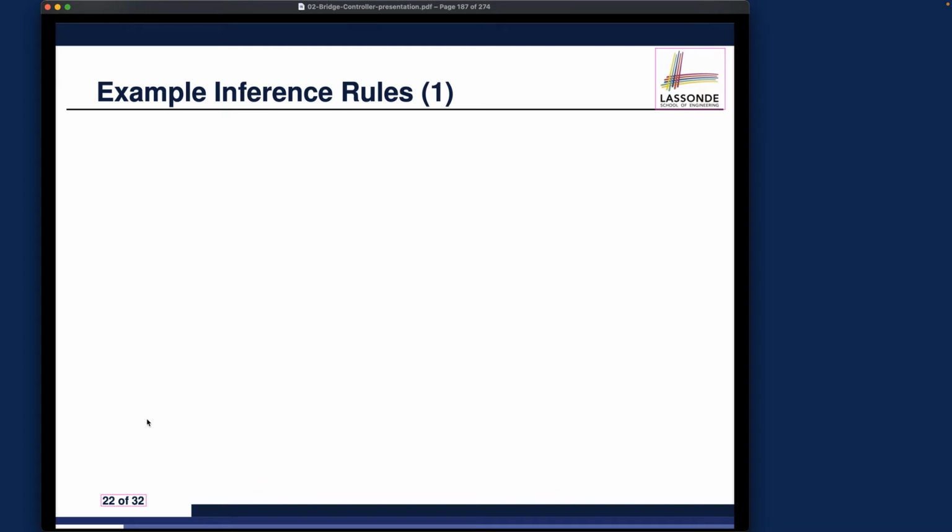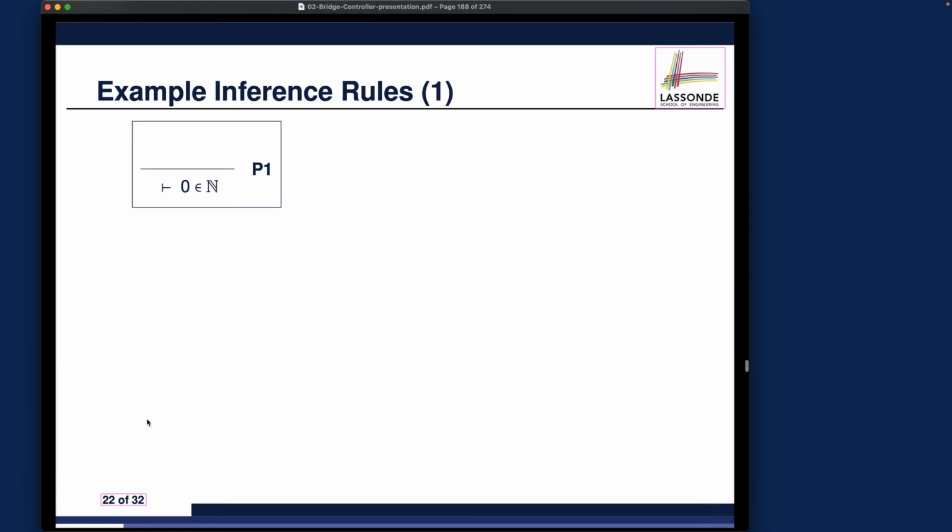Okay, so the first one here will be the Peano axiom number 1. We're saying that without any hypothesis, 0 is a natural number. All right, so that's the first one. 0 is a natural number. You don't need any justification for that. As long as you can get to this particular sequence, in that case, it can just be proved automatically.